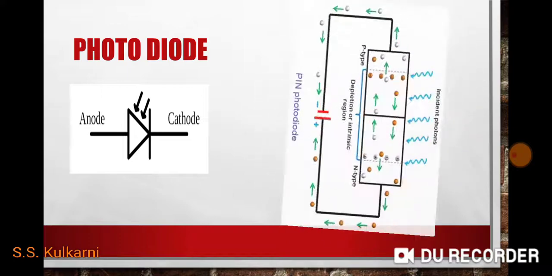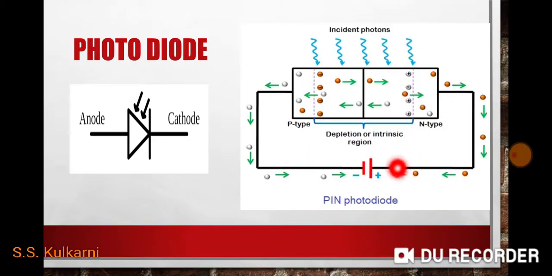Now, let us refer to the circuit for the working principle of photodiode. Why does it absorb the light? How does it absorb the light and generate the output in the form of electrical magnitude? So, for that purpose, we have to consider this figure. Here we have the p-type and n-type, that is p-n junction diode. Here we have this depletion layer and this is the biasing. Now, photodiode is always used in reverse biased mode. Hence, p-type is connected to the negative terminal of the battery and n-type is connected to the positive terminal of the battery.